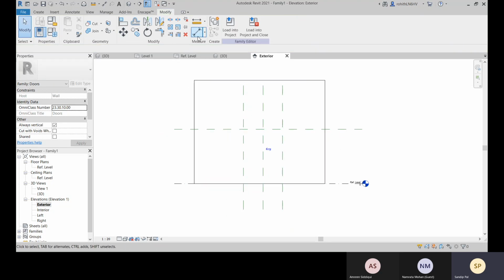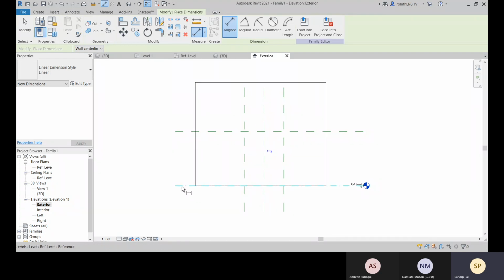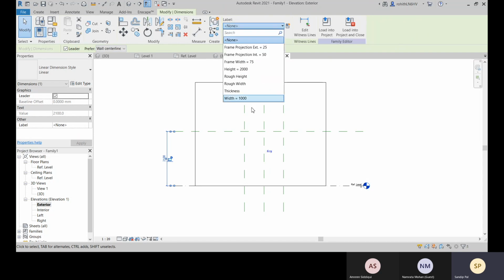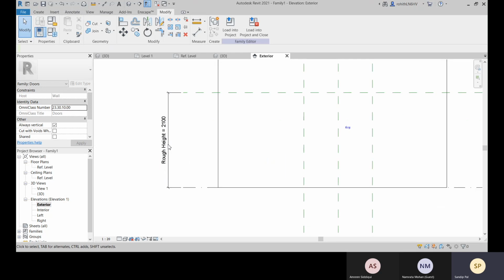Now we will assign some dimensions first from this. So always we will select this first and then this. Because this will be fixed and this will be changed. So let me select this and this, and now we will assign it as rough height.